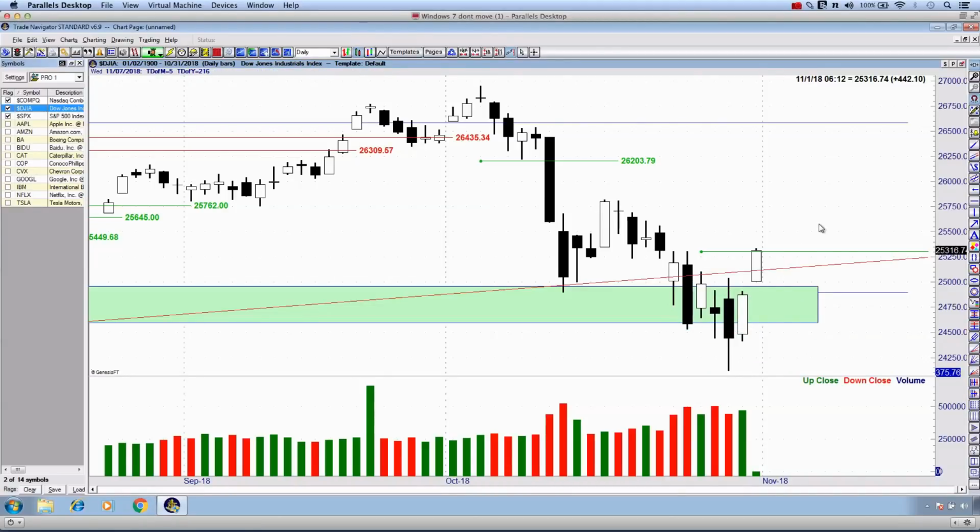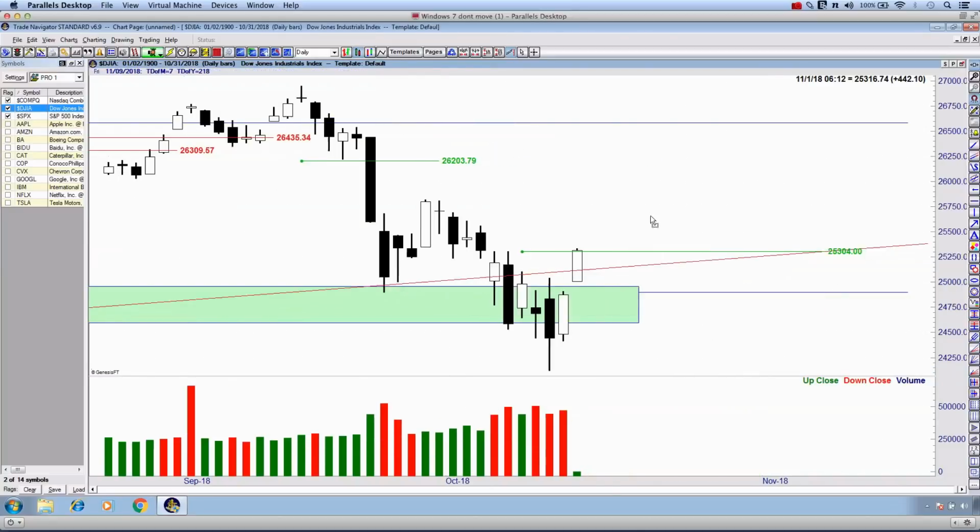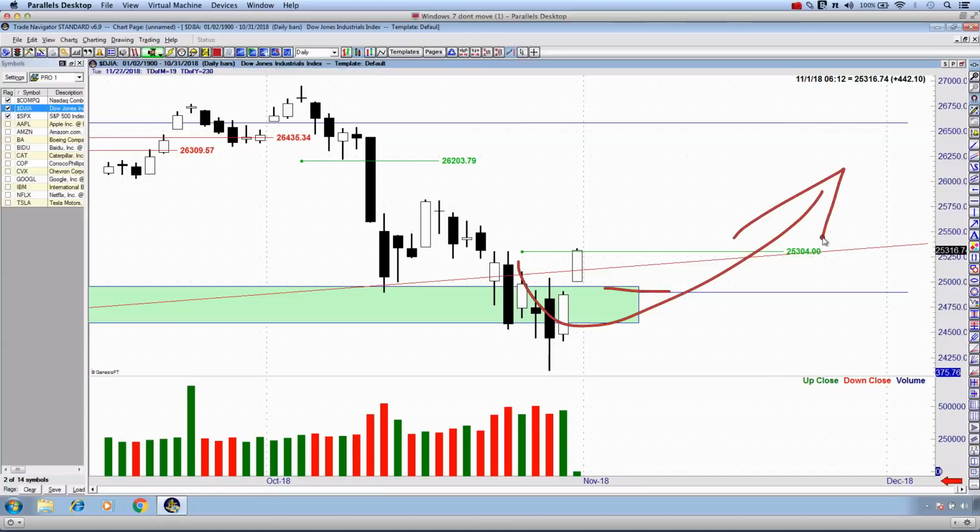So moving forward, we only have 2 sessions left in this week, upcoming, obviously. Tomorrow, of course, being the first day of earnings, and tomorrow the big market mover is going to be Apple's earnings. So depending on how the market reacts to that, and also probably over the next couple of days, if and when we see this market pulling back down to 24,750, or at least to close this open window, the first candlestick you see that sets up a reversal candle to the upside, all right, depending on what that candlestick is, that's going to be the best opportunity to actually enter into the market long on long side,